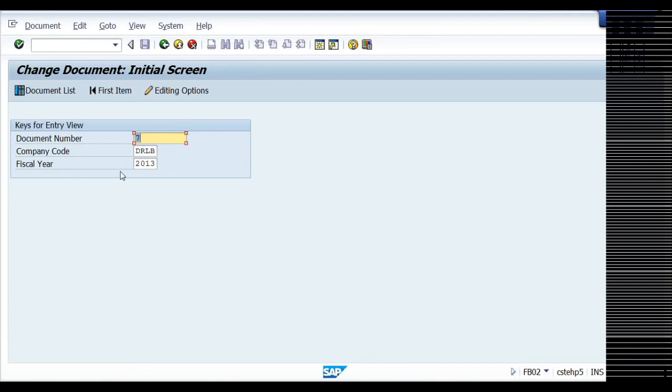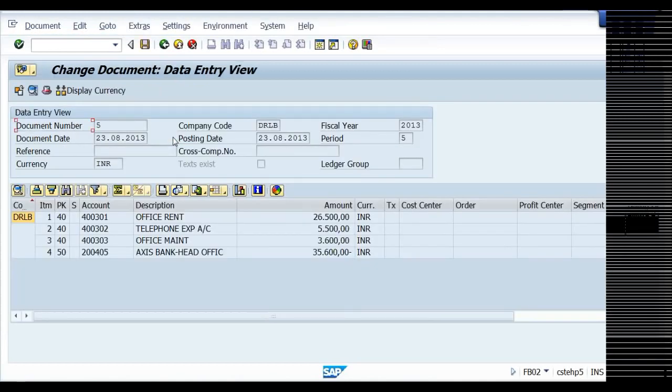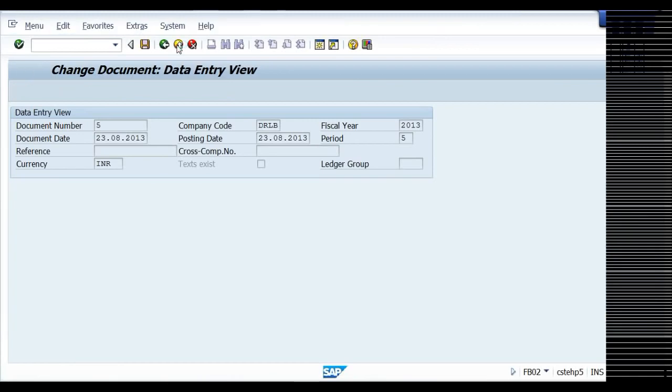If you mention the document number, say document number 5, company code DRLB and fiscal year 2013, and press enter, you can see the entry: office rent account, telephone expense account, office maintenance account to bank account. This is a multi-line entry we have posted.